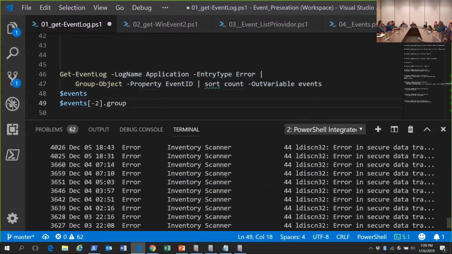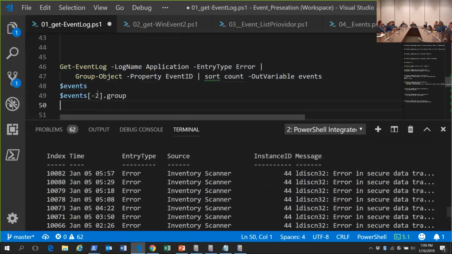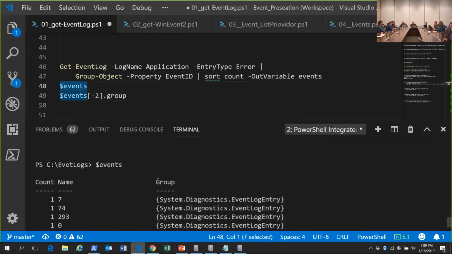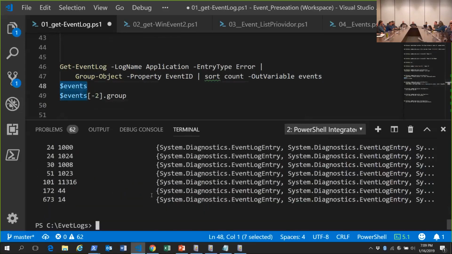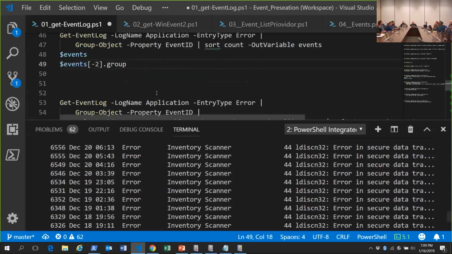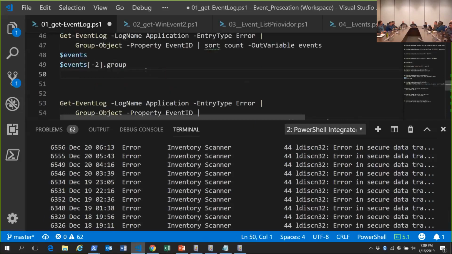So now here is all the items, so events is effectively an array of all the events. Then what I want to do is figure out what this 174 is. So we can then figure out, hey, this is what that event log is, this is what that error is. I'm not sure that's any value, but the idea is that you can use PowerShell to